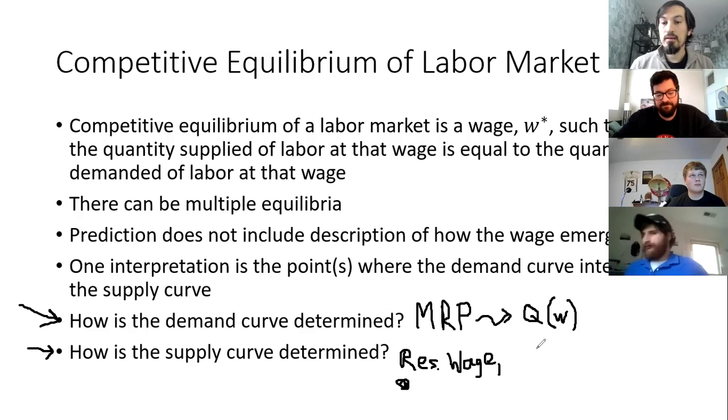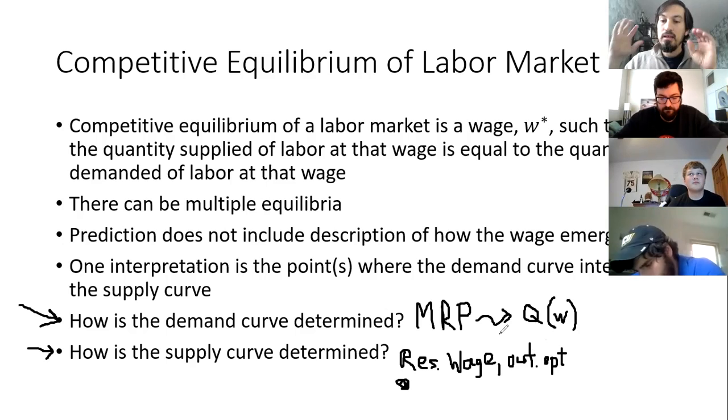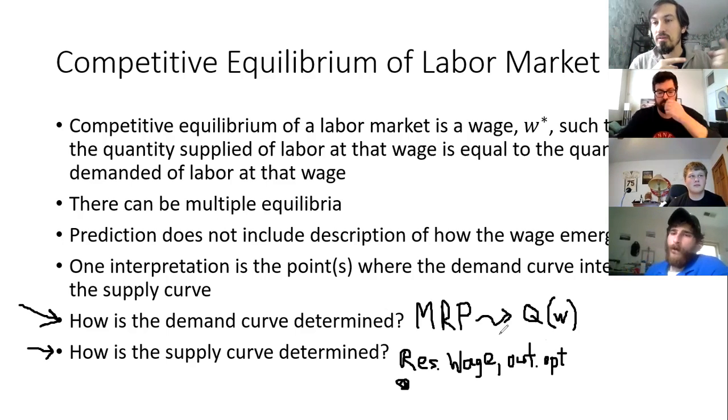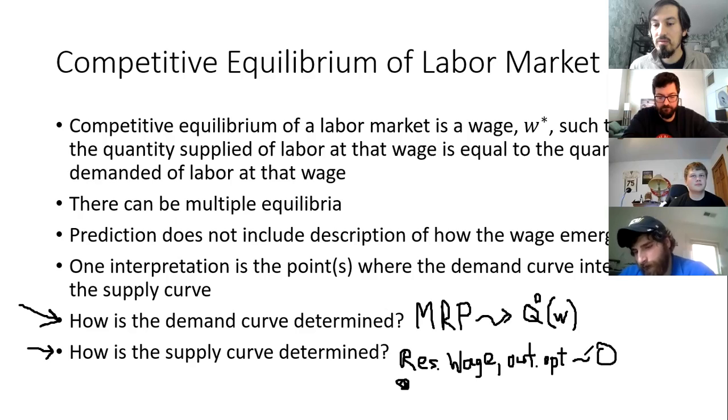And that's okay. So this concept of outside option, it really is just a comparison of utilities. How much utility do I get by working versus not working? And there's a certain wage that is the lowest you'd be willing to accept in order to make those two options indifferent. That's what your reservation wage becomes. And because of that, so this is quantity. I'm sorry, I should have put a D here for quantity demanded of wage. And this is what determines, with this little squiggly arrow, quantity supplied as a function of wage. That's where it comes from.